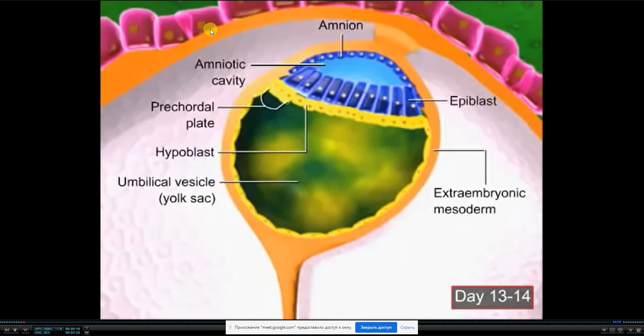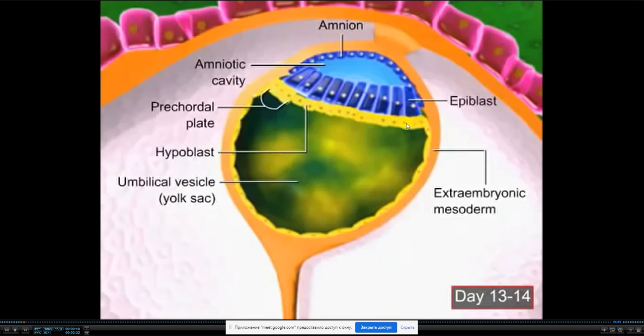But if the expansion is more radical, if it goes to the muscles, it leads to an anomaly of pregnancy. We'll discuss it in gynecology pathology. And here you see we have the amniotic cavity, yolk sac, and bilaminar embryonic disc composed of epiblast and